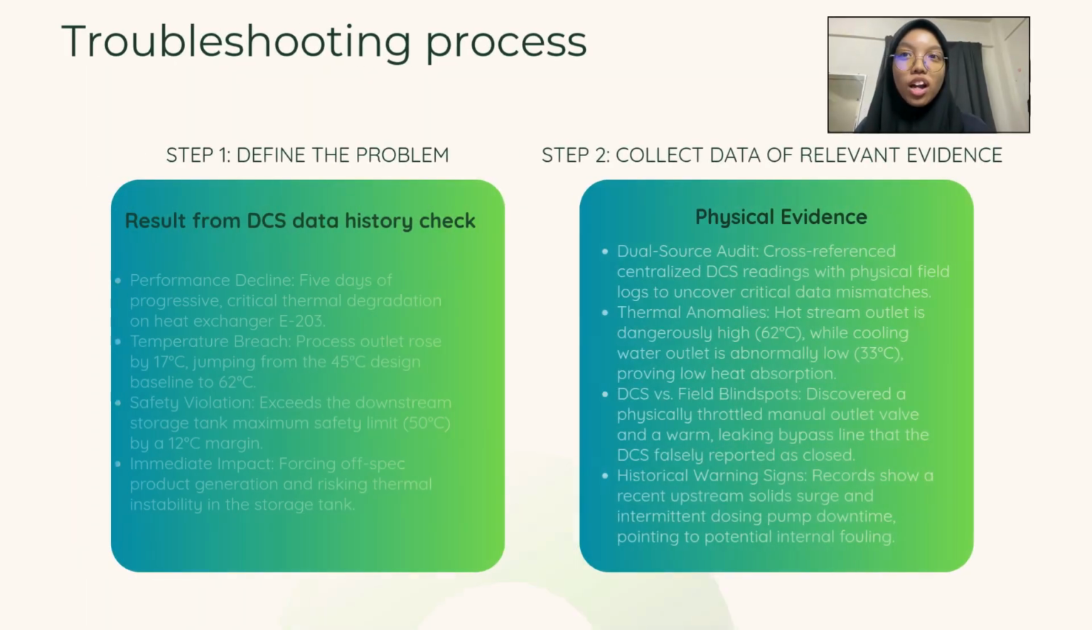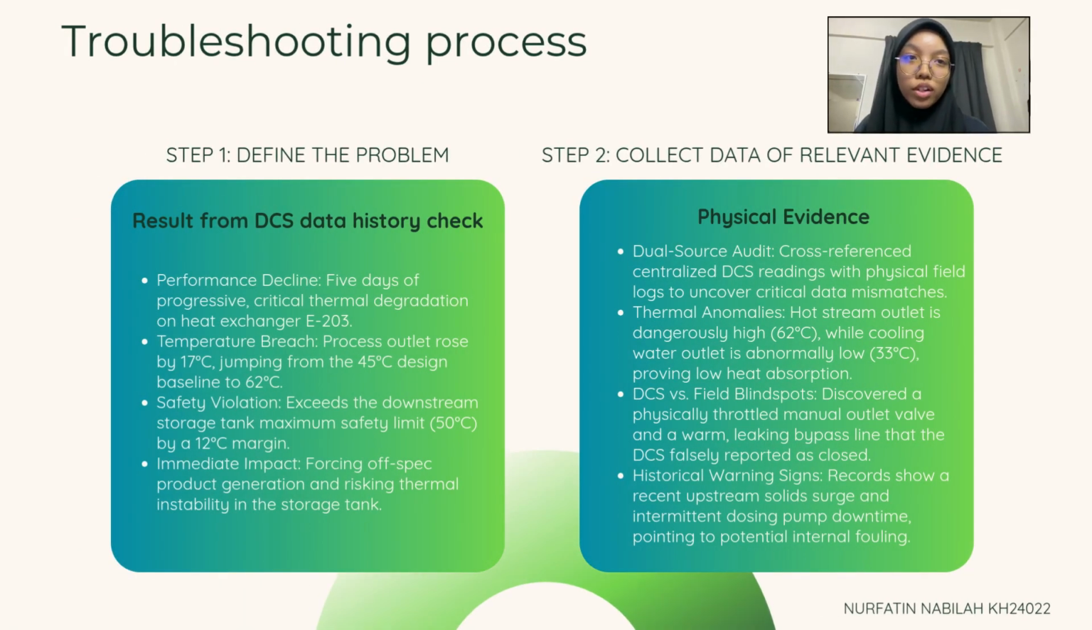Moving on to the troubleshooting process, step 1 involves defining the problem. Looking at our DCS history, we found a progressive thermal degradation on heat exchanger E203, where the outlet temperature jumped to 62 degrees C, breaching our downstream storage safety limit of 50 degrees C and causing off-spec product. To find out why, step 2 was to collect physical evidence, where we cross-reference our DCS